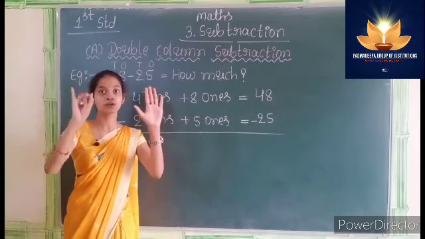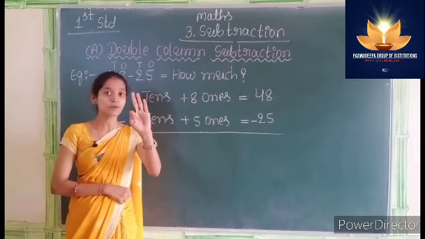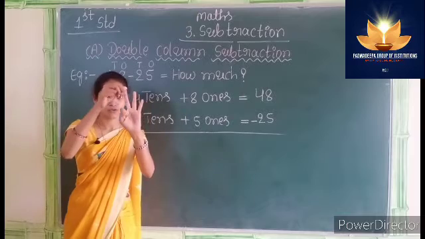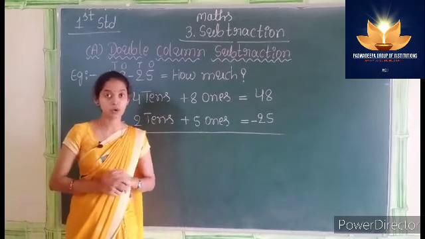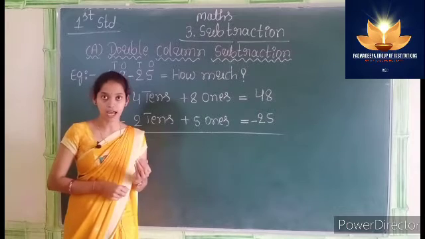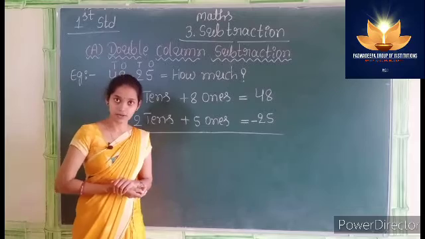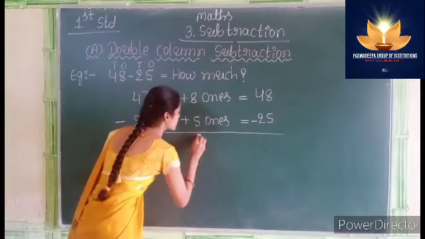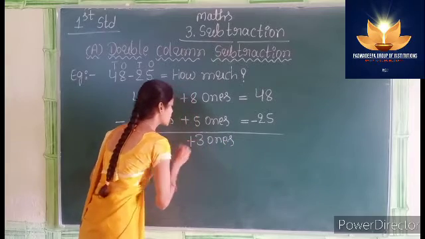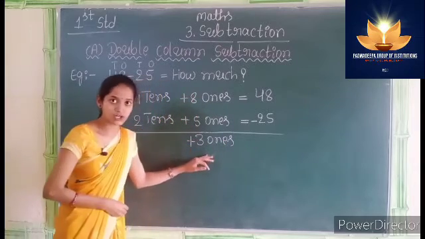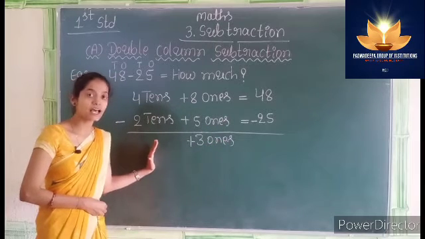Right? 1, 2, 3, 4, 5. How many fingers left? 1, 2, 3. Right? So, 3 fingers are left. That means 8 minus 5 is equal to 3. We get 3 ones. After completing the subtraction of ones place, then we have to subtract the digits which are